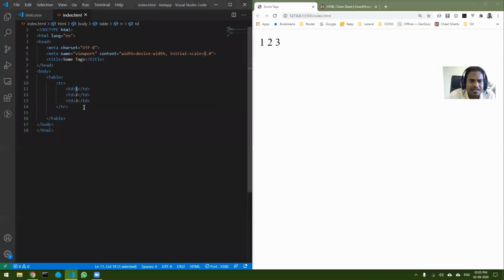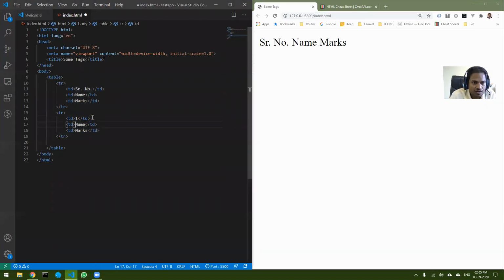Let me take an actual table. Let's take serial number, then name, then let's say marks. You can see I now have 3 columns. Now I want one more row, so I will copy this entire thing, paste it down, and change this to 1, Shibu and let's say 30 marks.